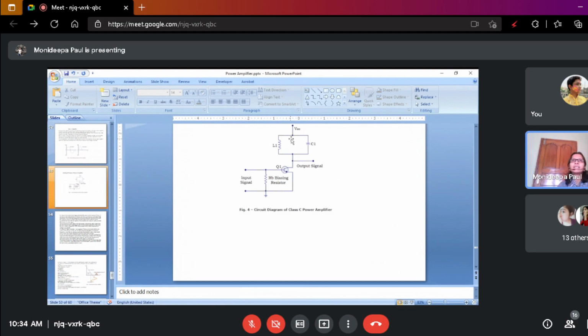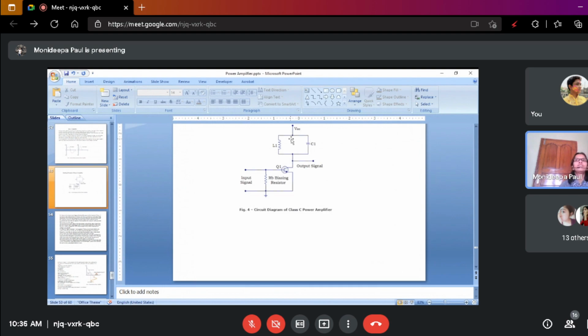I have discussed that in the input signal, our fundamental frequency is 50 Hertz. I think all of you know that the fundamental frequency is 50 Hertz, but actually when we use different electronic elements in the circuit, some harmonics will be produced. Harmonics means frequencies produced that are multiples of the fundamental frequency.